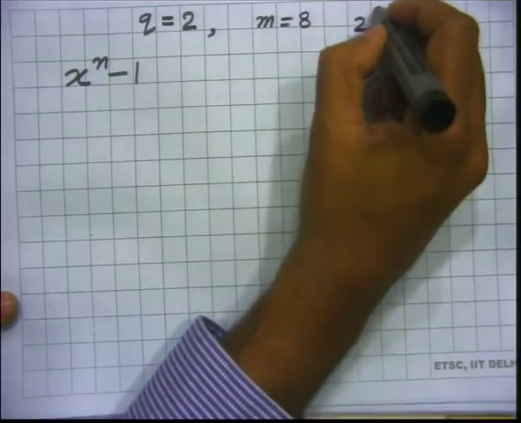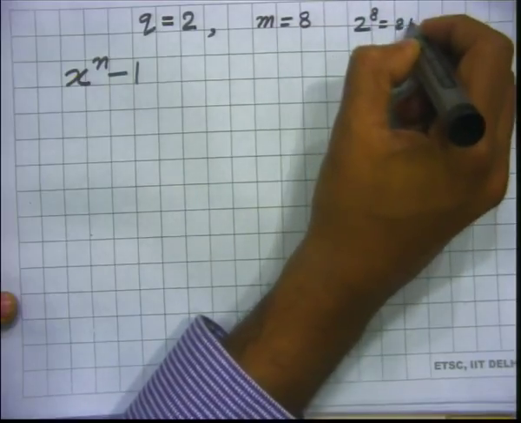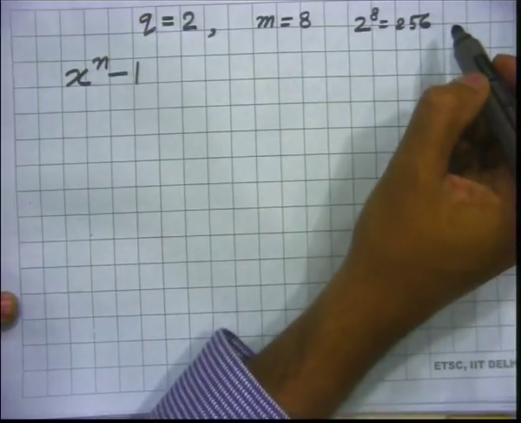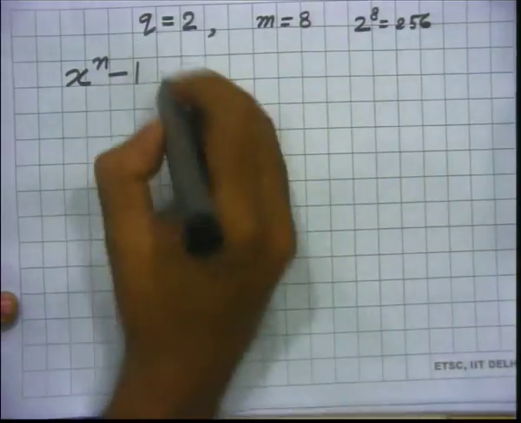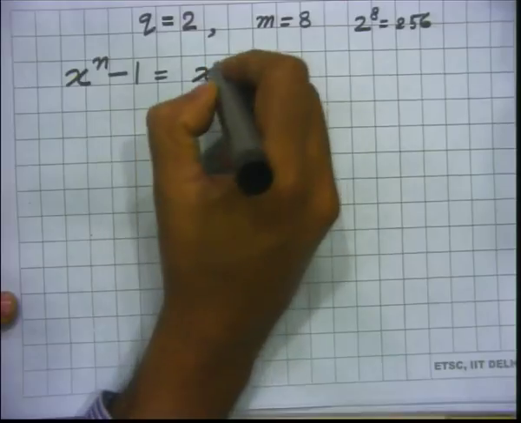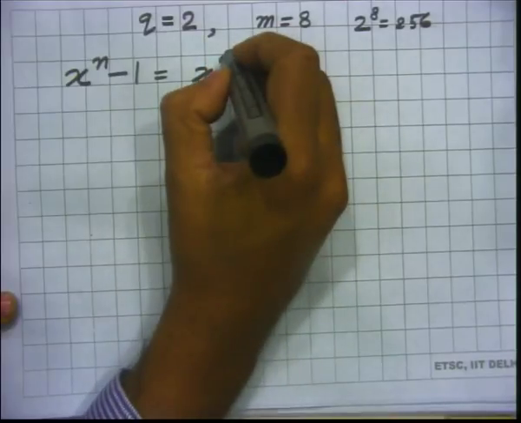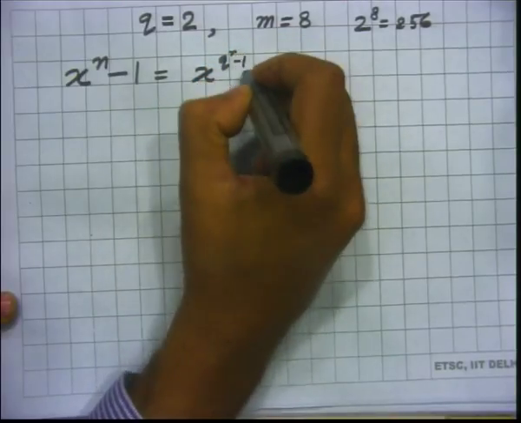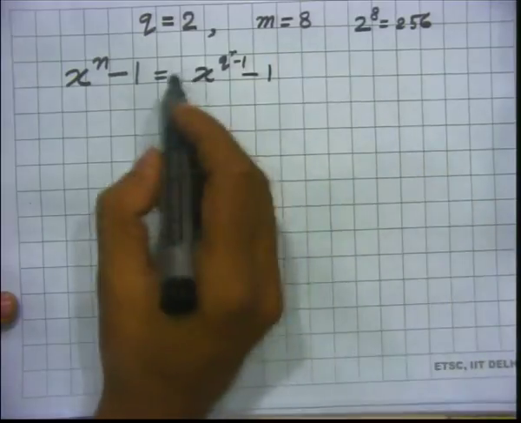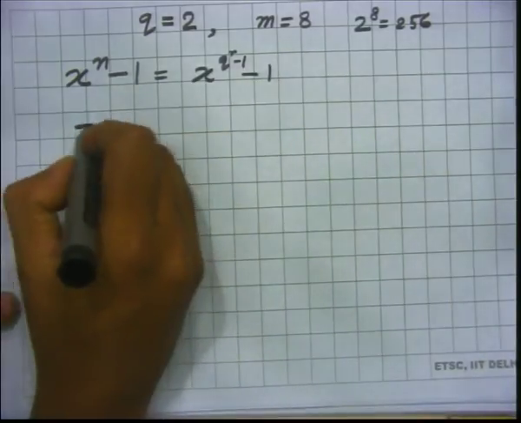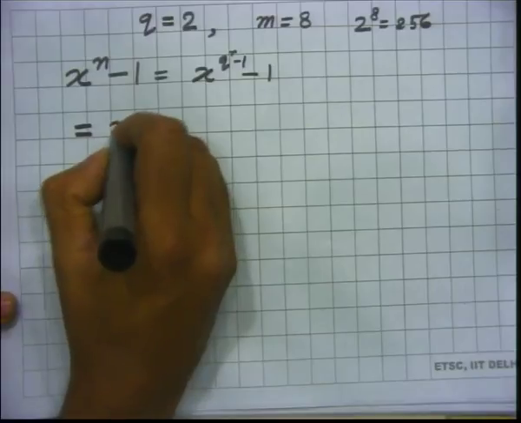So we have 2 raised to the power 8 as 256. So, if you have to factorize this, all you have to do is